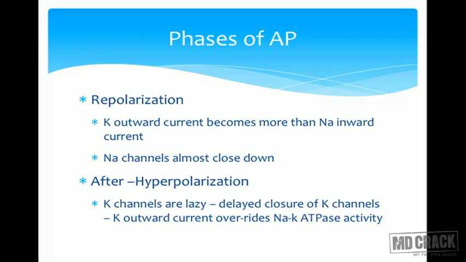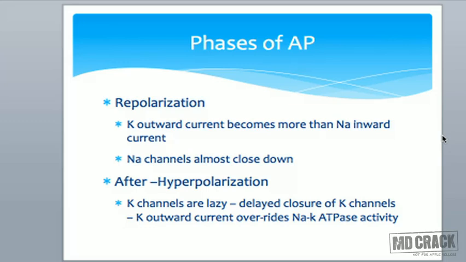and therefore there is a phase of hyperpolarization. But the membrane potential will not go all the way to minus 94 millivolts, because now the sodium potassium ATPase pump will become dominant. The potassium efflux which is taking place is overridden by the sodium potassium ATPase pump. And what will the sodium potassium ATPase pump do? It will take 3 sodium ions from inside and put them outside, and put 2 potassium ions inside. Not only that, but now the potassium channels will start closing down. So ultimately, slowly the membrane potential will be brought back to the resting membrane potential value, mainly because of the sodium potassium ATPase pump.